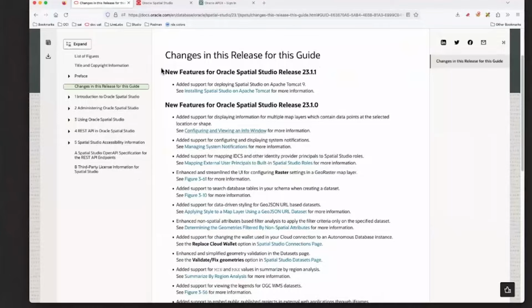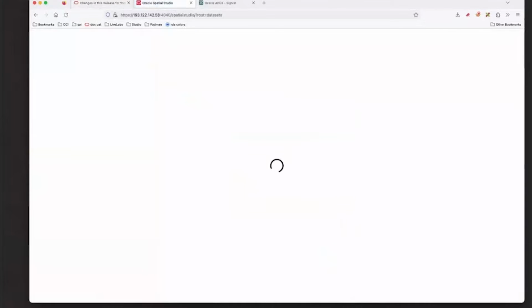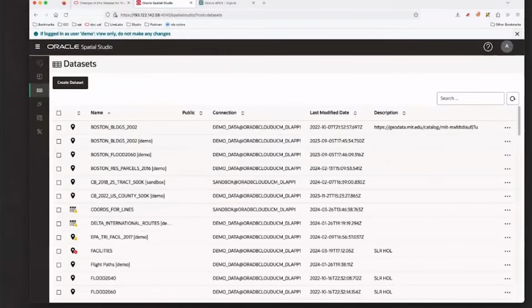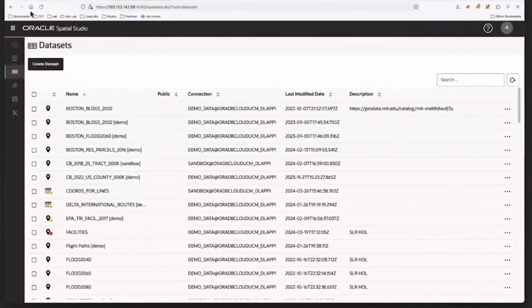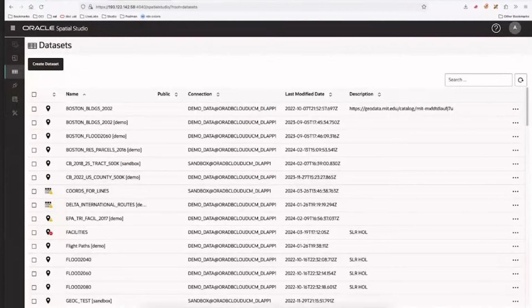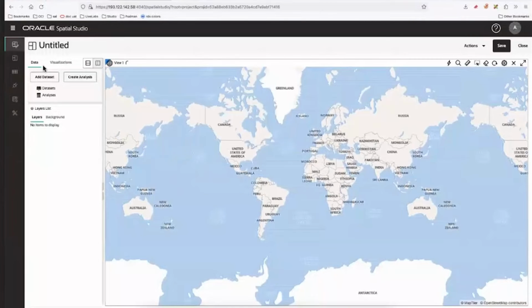Okay, so to jump right in here, I'm going to log in and just start by going through first a couple of these map visualization things that are new in maps. So the very first thing is if I just create a brand new project,